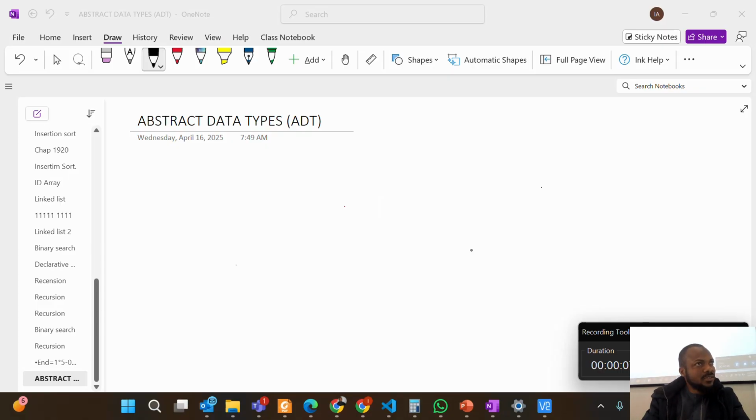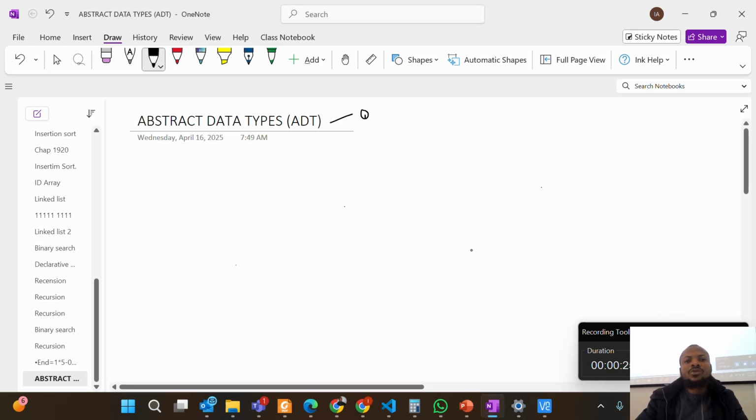Abstract data types. There are a lot of data types that are abstract. Abstract means something you cannot actually visualize, isn't it? Okay, good. Then data types is different from integers, strings, or whatever. The abstract data types are queue,